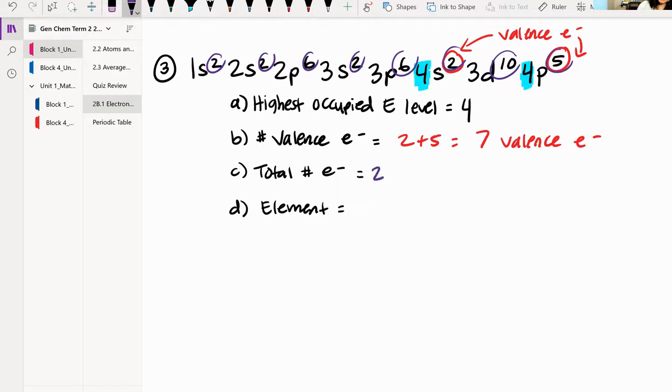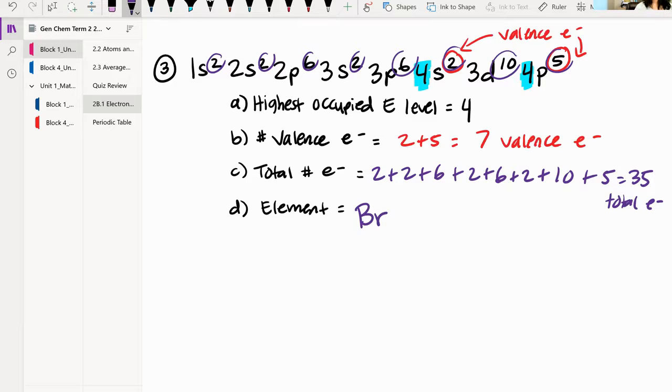So I have to add 2 plus 6. Oh, sorry, that's 2. 2 plus 6 plus 2 plus 6 plus 2 plus 10 plus 5. And that's going to give me an answer of 35, right? What do you guys got? Yes, 35 total electrons. Then based off of that, assuming that this is neutral, this is going to be Br, bromine. So very good for those of you who were able to determine that this was bromine based off of